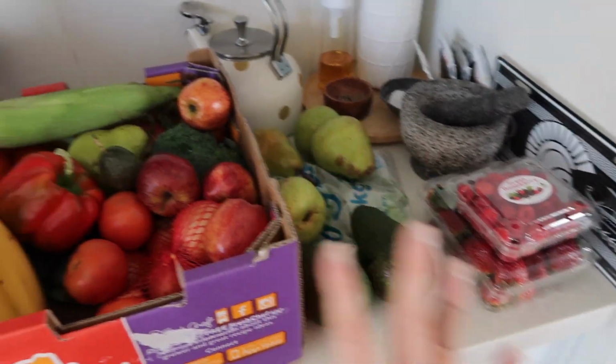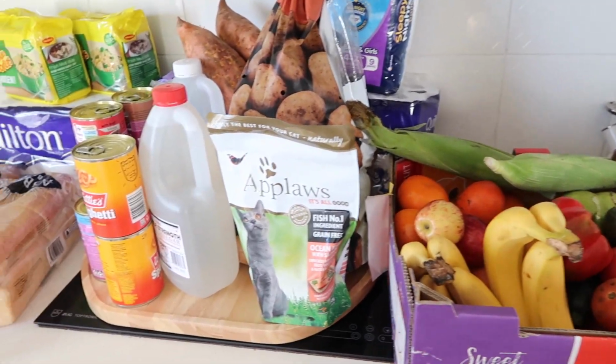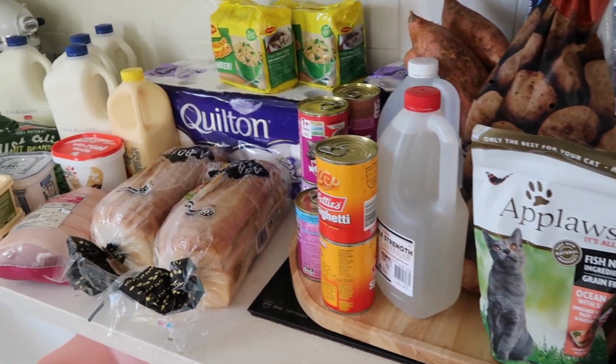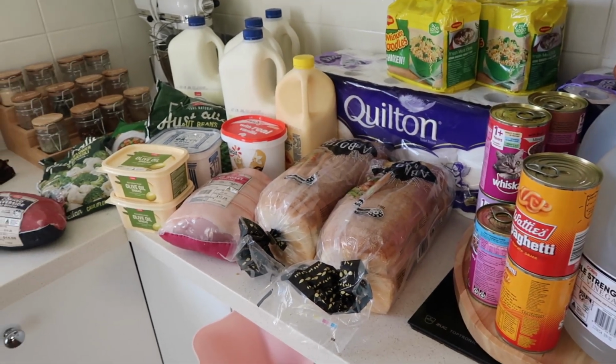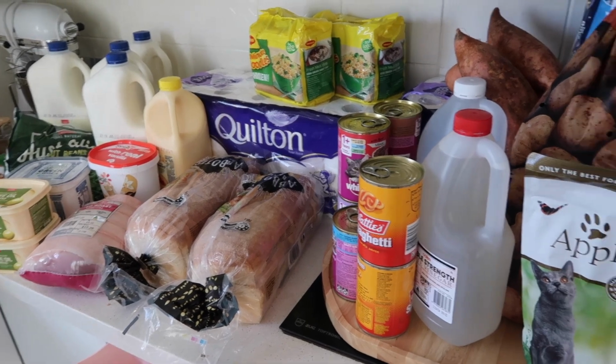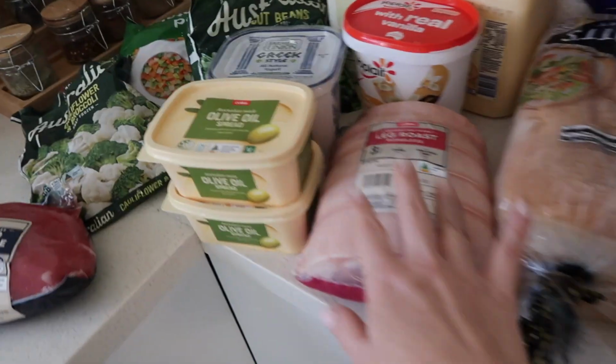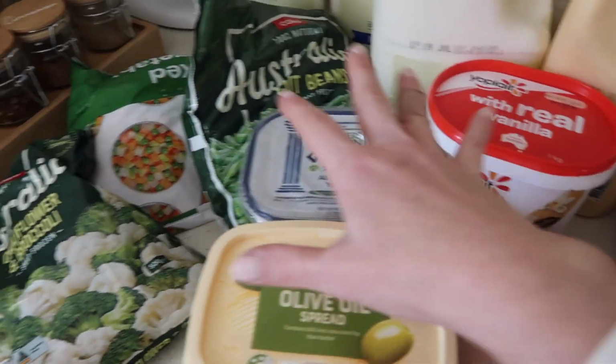So I'm extremely impressed this week. My groceries are well under $200 for all of this. It came to, what have I got, 130, 140, 160, or under $180, and I've gotten protein, loads of dairy,